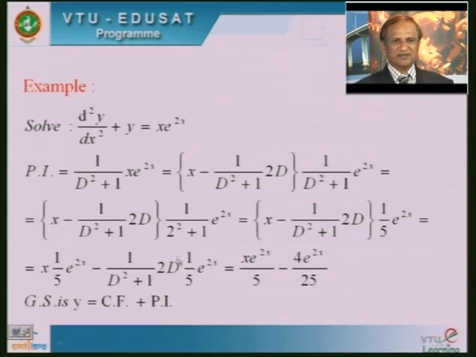I want to operate on this function. So, 2 by 5 is a constant, you can keep it as it is. I want to find the derivative of e raised to 2x. Derivative of e raised to 2x is what? 2 into e to the power 2x. Already 2 is there, that is why you obtain 4 into e to the power 2x divided by 25, 5 into 5.